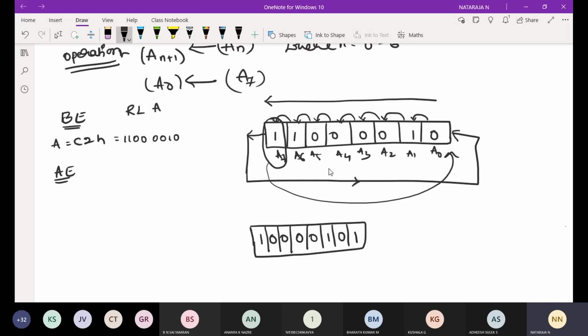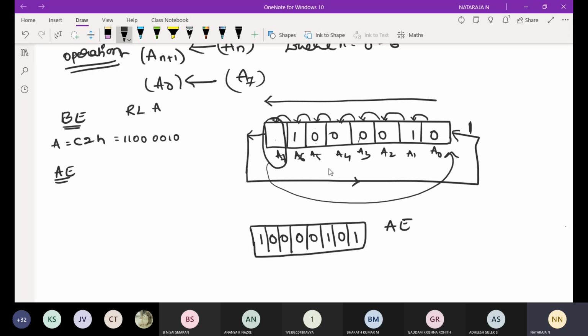Now I'm going to move these bits towards the left. This 1 will be moving to A2 position, 0 will be moving to A1 position. Whatever there is in A7, that will be moving to first position, that is A0 position. This is the data we are going to get after execution.